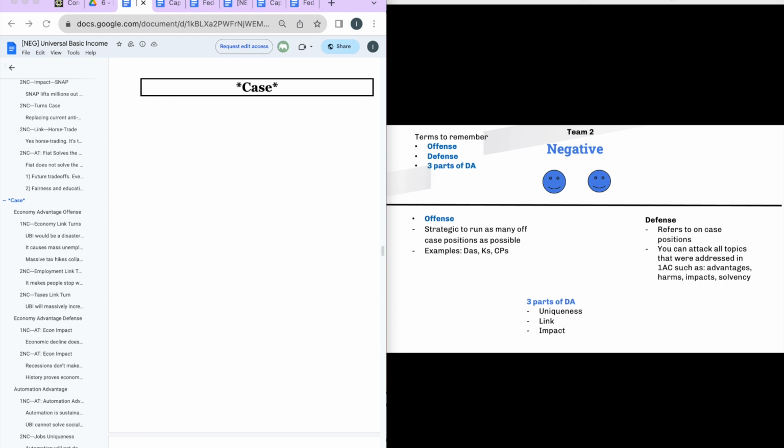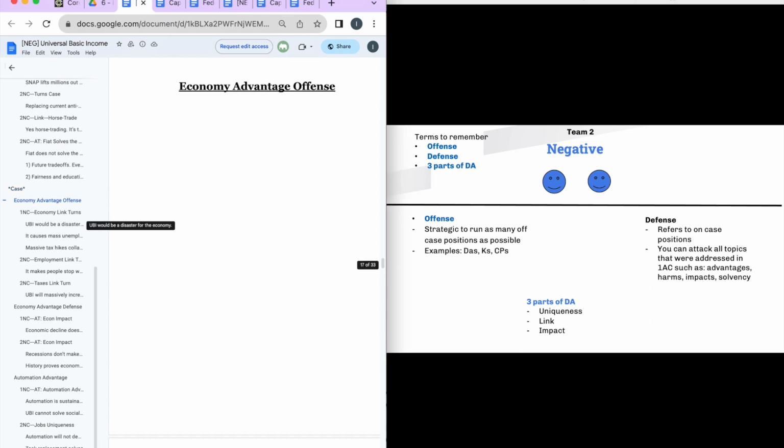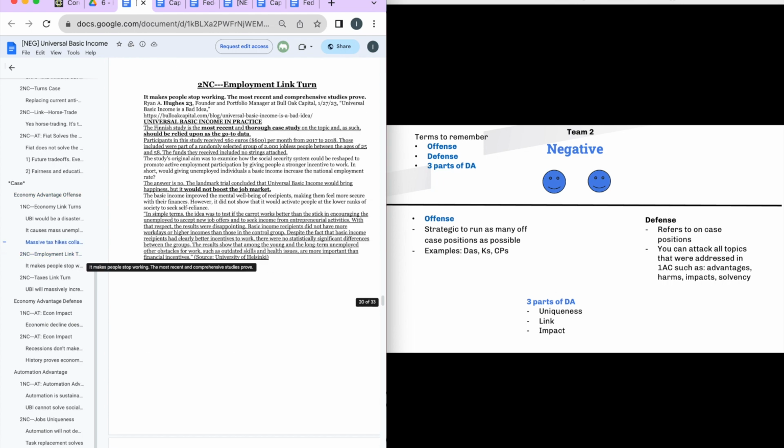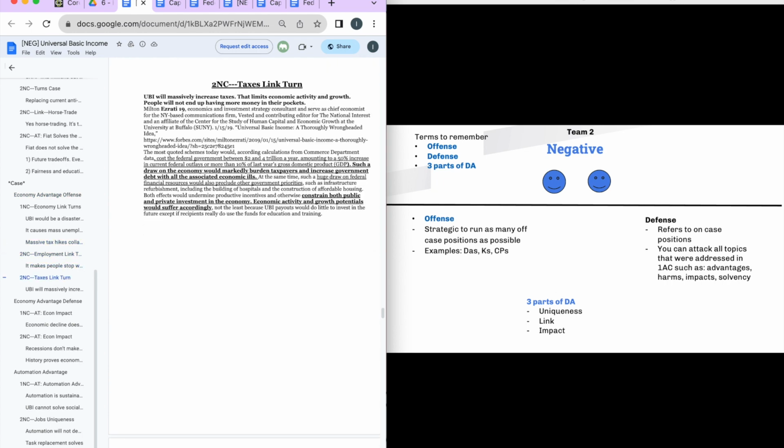To talk about offense and defense. First, with defense, typically refers to on-case responses, which can be found in the negative section of the UBI core file provided by your program manager, also available on our website and our shared Google Drive. In regards to defense, you can attack all the topics that were presented in the 1AC, such as the advantages, harms, impacts, and solvency. So here we have all of our advantages that we can attack right here,